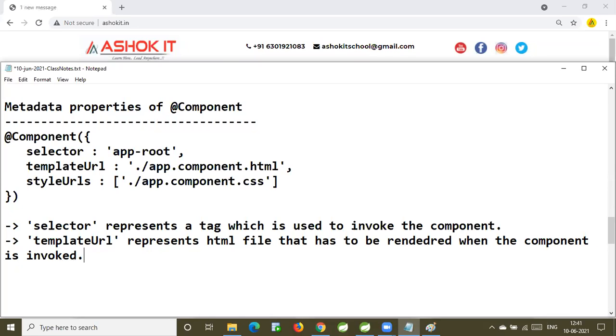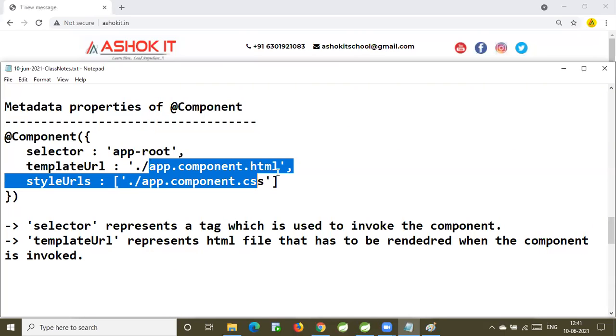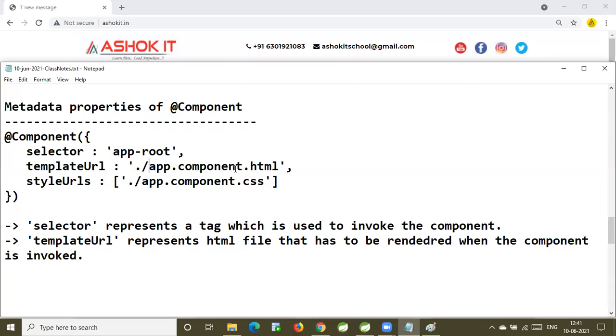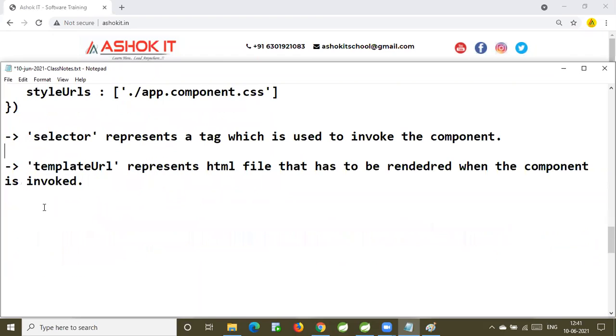When the component is invoked, which template should be rendered will be represented by templateUrl. If you want to invoke a component, then you will use a selector. When the component is invoked, what logic should be executed and what data should be displayed in the presentation will be there in the template. So this template file will be rendered in the web page when the component is invoked. The template represents the content for the web page.